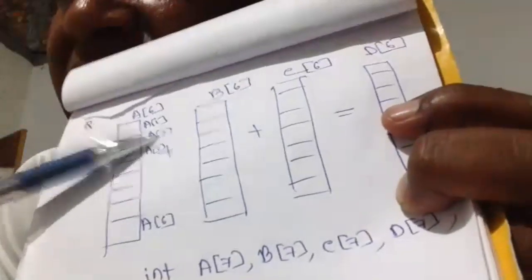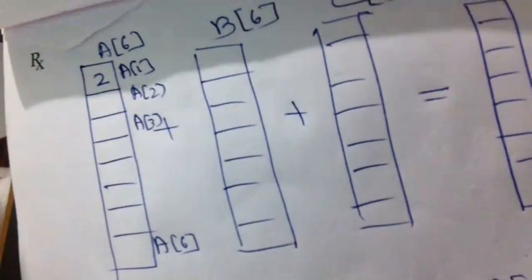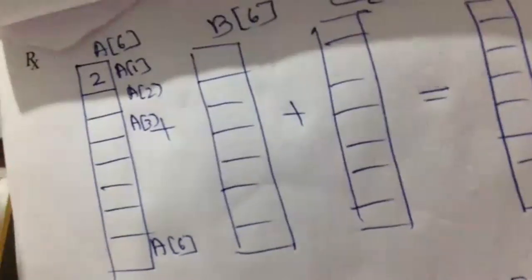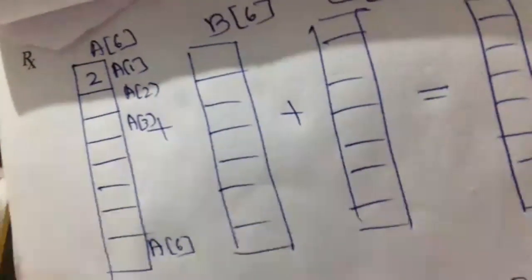So first location, suppose I am putting some value 2. In this case, 2 is where? In which location? In array A, 2 is available in which location? So first location. What is the address? So A1. So in an array, always take care about the address. Don't go for the data. The manipulation is only with the help of address, not data.